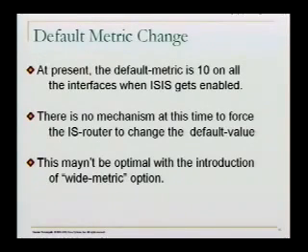But with the narrow metric, which is a TLV, with the default metric of 10, if there is an accidental problem, then you may get into some issues. I'm going to talk on the subsequent slides about how the metric of 10 itself is not necessarily optimal with the interaction of the wide metrics, because with wide metrics you have greater flexibility.